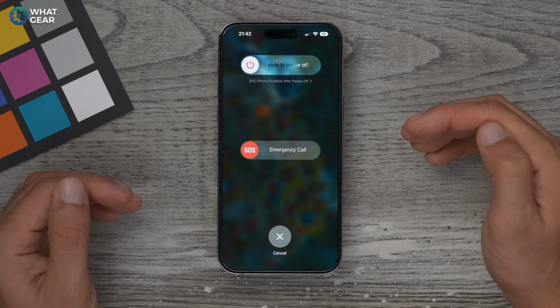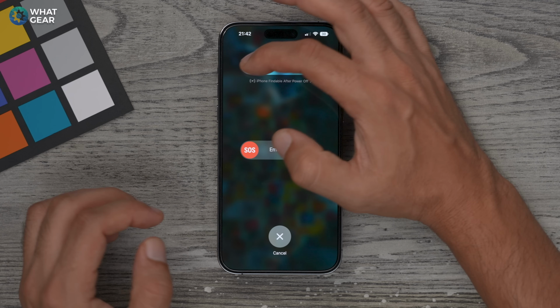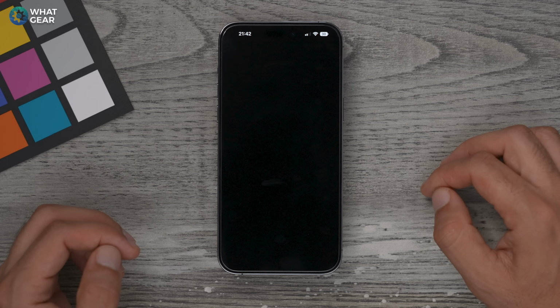And here's another tip for you guys. It's probably a good idea once in a while to actually turn the phone off. And on that note,